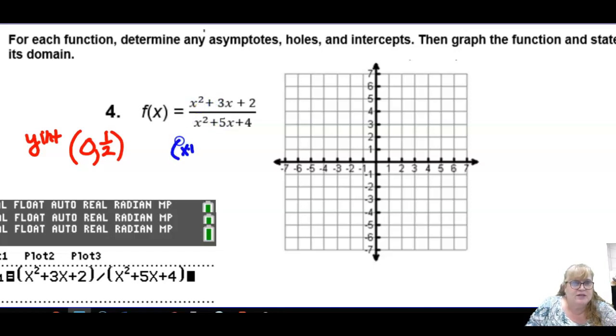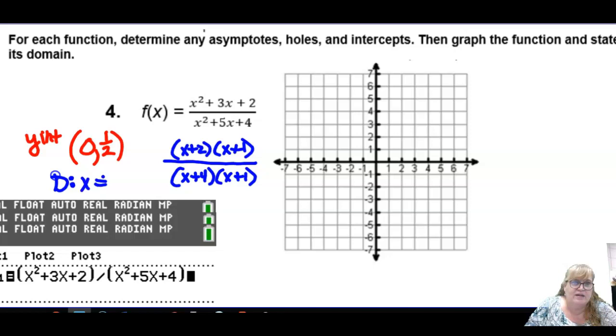The top factors x plus 2, x plus 1 to give us a 3x in the middle. Factor very carefully. The bottom factors x plus 4, x plus 1. All right, so before you do anything else, the domain restrictions are x cannot equal -4 or -1. The next thing you're supposed to look for is a hole, and there is a hole. There is a hole